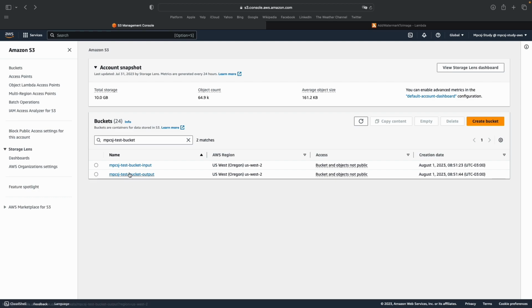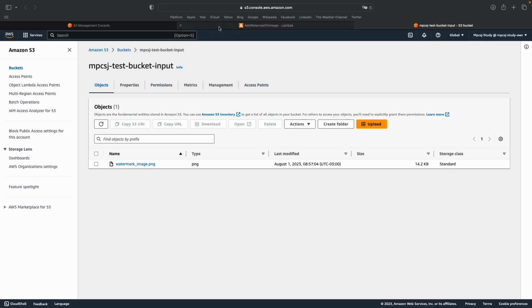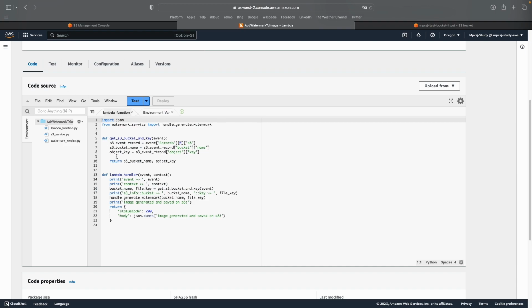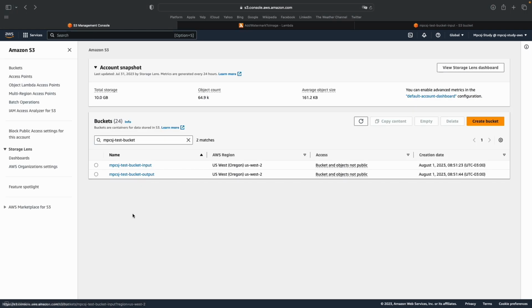So these are the buckets that we're going to use. This is the first bucket where we're going to add the images, and we're also going to attach the event to trigger this Lambda function. For now, I just have the watermark image that we're going to use to apply the watermarks to the images that we're going to upload to the bucket. Whenever we add a file to this bucket, we're going to trigger an event to this Lambda function, and this Lambda function will receive the image, apply the watermark to it,